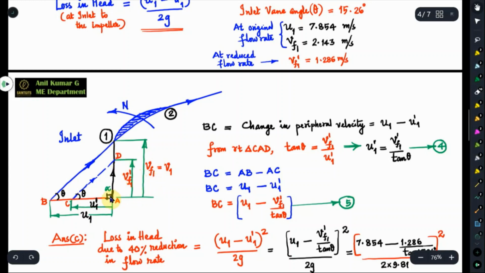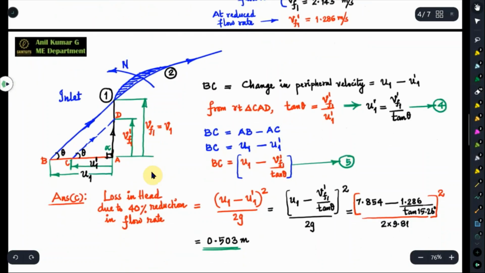See, as a consequence, what will happen is here the relative velocity then will not be tangential. That is how this kind of losses will occur. The kind of loss that will occur in this case can be called shock loss or incidence loss, because the relative velocity will not be then exactly tangential to the blade surface at inlet. So whenever there is such a case, there will be shock loss.